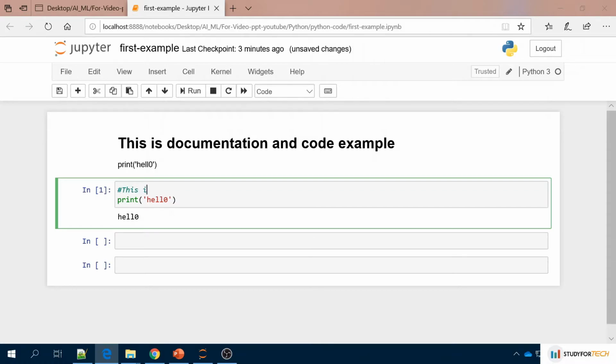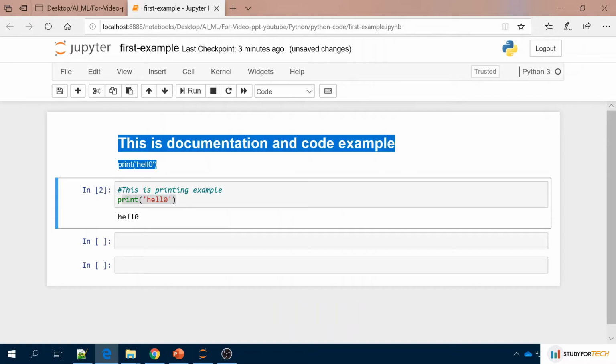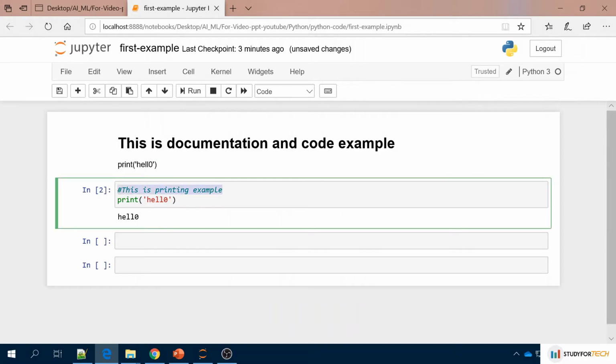So this is a printing example. The interpreter will not execute the commented line since it has a hash; only the print will be executed. If you run it again, you will get hello, and you will not get an error. I think you have understood what annotation as documentation means and how to comment something out. I have already written some code to save our time.